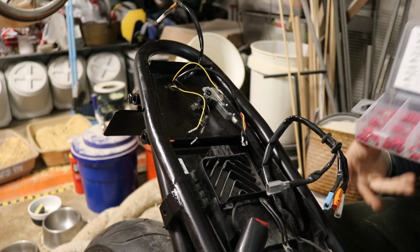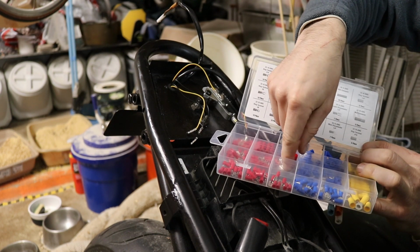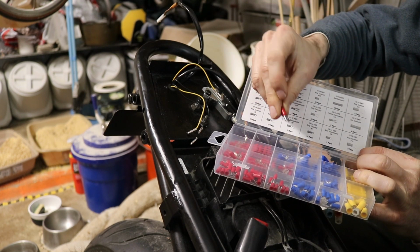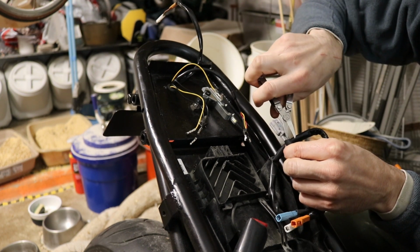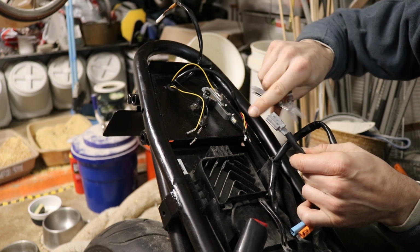So I've got this assortment of just other regular connectors, and I'm going to use these quick connector things here. Disconnects, whatever they call them. But yeah, I'm going to use these guys, and we'll have to wire up both sides. I even looked stuff up online, and I was kind of like, what's going on around here? Since we're here,